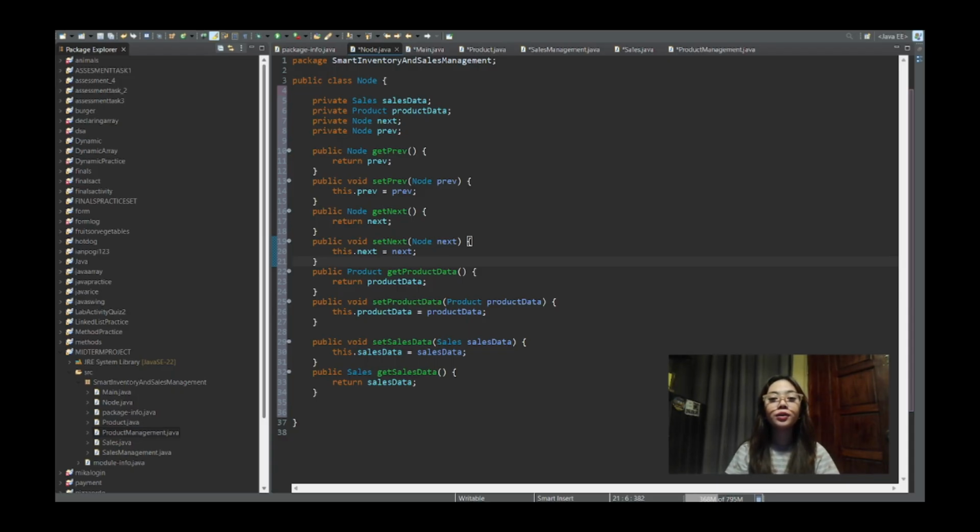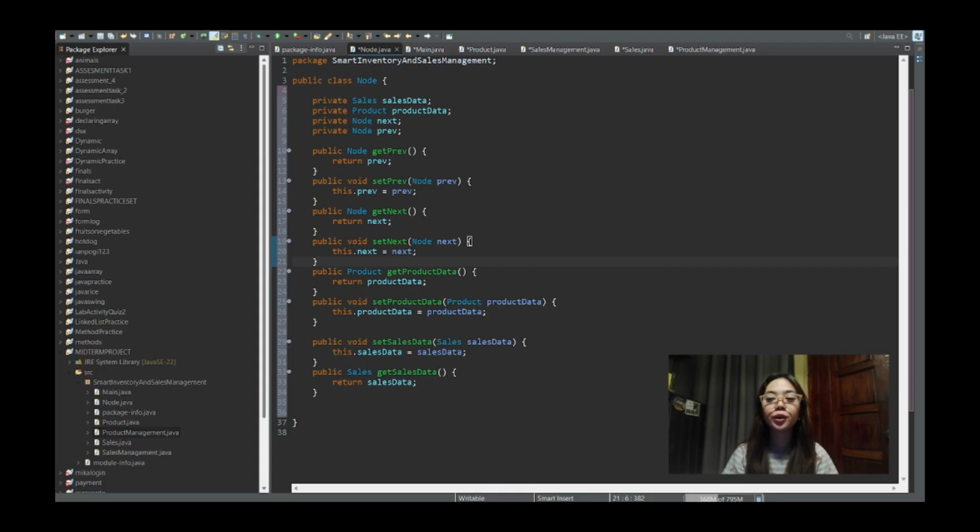It includes next and prev pointers to enable bidirectional traversal, which is essential for efficient data manipulation, and I will also explain how the getter and setter methods ensure proper encapsulation and maintain clean modular code.